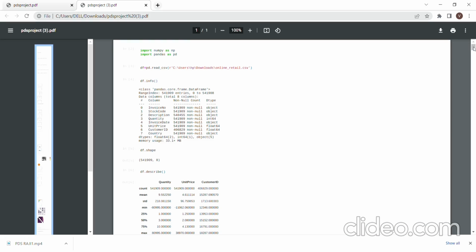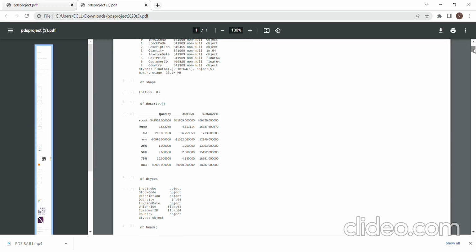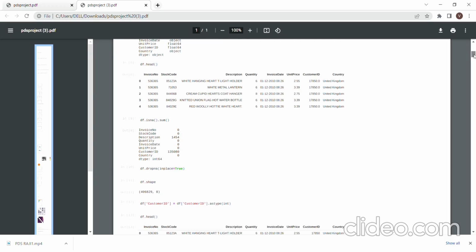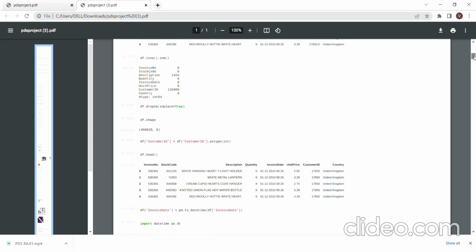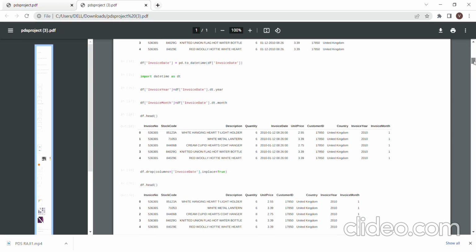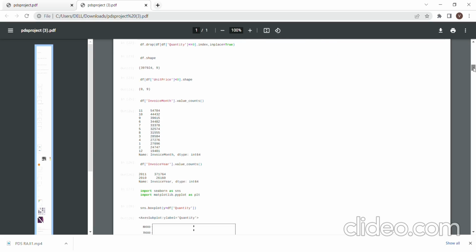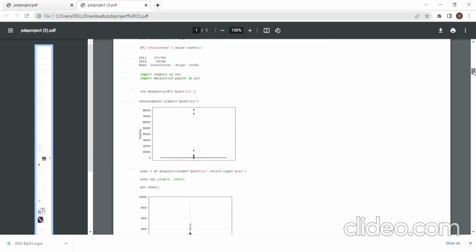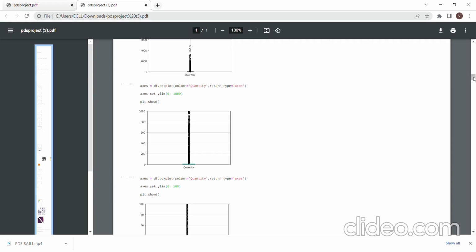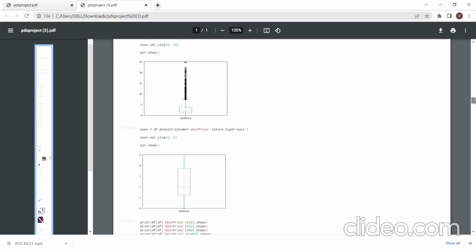Now let me quickly walk you through the code. First, I imported the libraries NumPy and Pandas, imported the dataset, and checked the data types, description, number of rows and columns, and checked for the null values and removed them, and converted some columns like customer ID to int, and extracted the date and month from the invoice date timestamp, and checked the value counts in each attribute, and detected the outliers using box plots, and treated the outliers by setting some threshold values,